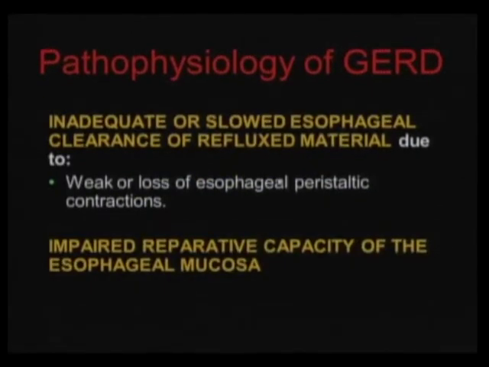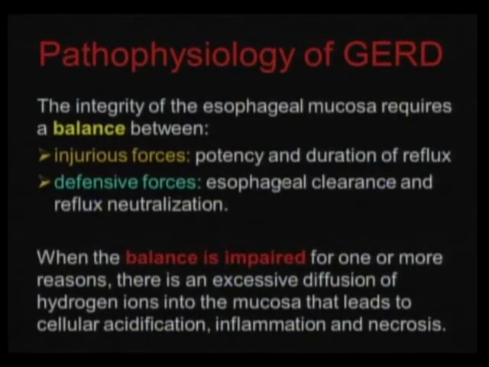Also, it could be an inadequate or slow esophageal clearance of the reflux material due to weak or lost esophageal peristaltic contractions. It could also be an impaired reparative capacity of the esophageal mucosa. The damage is produced when the integrity of the esophageal mucosa, which requires a balance between the injurious forces and defensive forces,